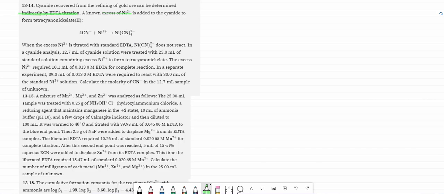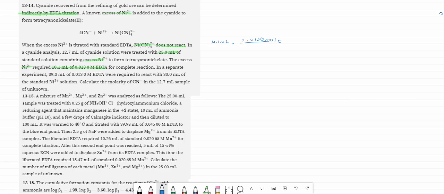The tetracyanonickelate(II) does not react with the EDTA. What we have then is this treated with 25 milliliters of standard solution of excess nickel. The excess nickel required 10.1 milliliters. So that's where we're going to start. 10.1 milliliters of